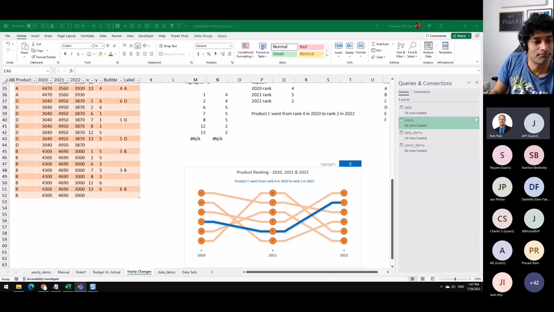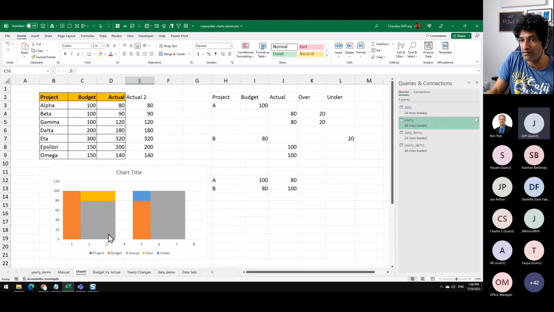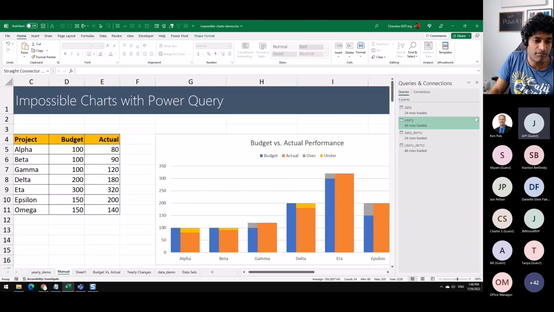The only other question that I saw in here, Chandoo, was just around your sample file as well. Whether or not you'll be sharing that with us, of course. Yes, I will. I've already uploaded the workbook prior to the presentation. So all the manual work that we did, like what we built in this page, won't be there, but this is replicated here anyway in a different context. I'll put that in the chat, and then feel free to take that link and share it among your audience later on. But that's the file that you're seeing here.